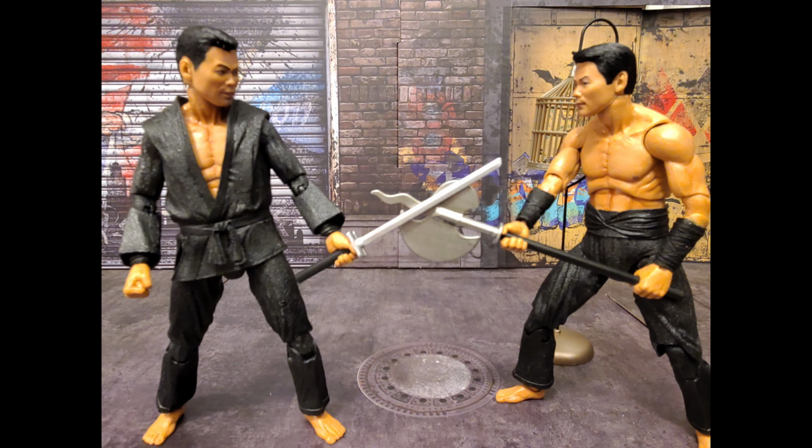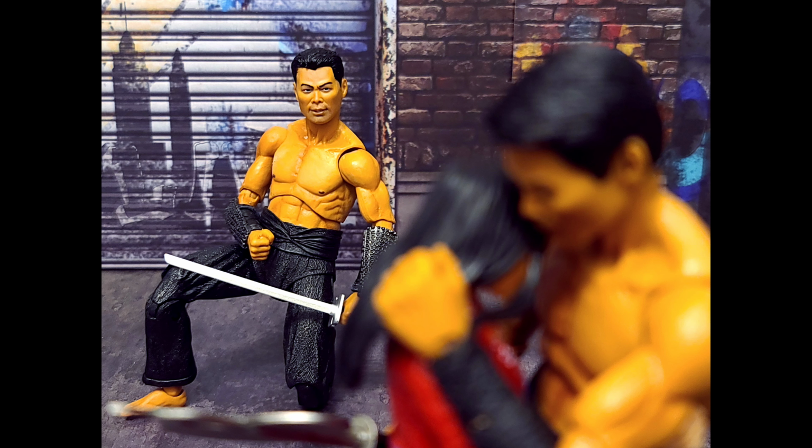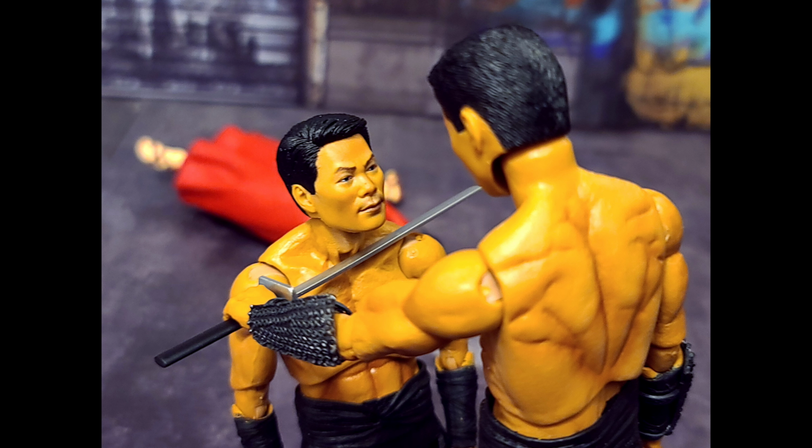Basically, if you're not familiar with the story, these two were part of a ninja clan back in feudal Japan. They were extremely competitive, constantly going at each other. I don't know if they were exactly friends or buddies, but they were, I guess, part of the same clan. So they were extremely competitive. There was a woman involved, and her name was Tang Shin, and she loved Hamato Yoshi. This, of course, did not sit well with Oroku Saki, and he basically just wanted her. They came to America. Oroku Saki killed Tang and then attacked Hamato Yoshi. So defeated, Hamato Yoshi was killed by Oroku Saki,